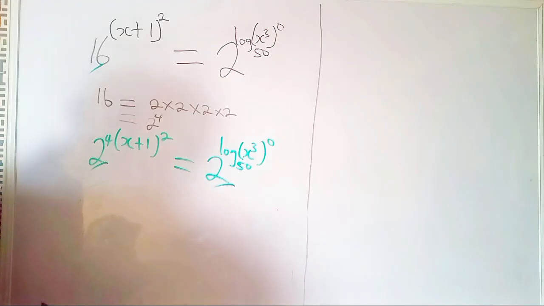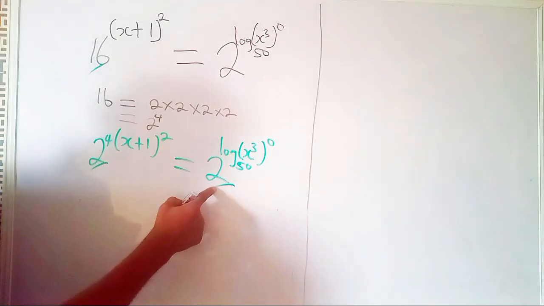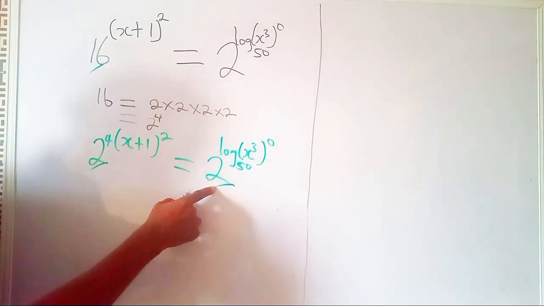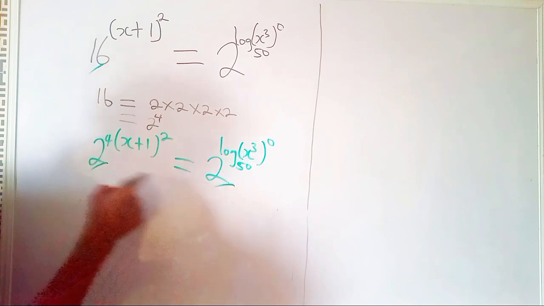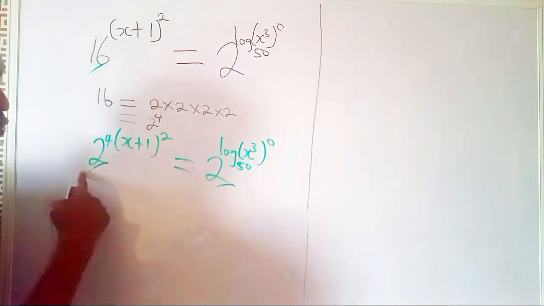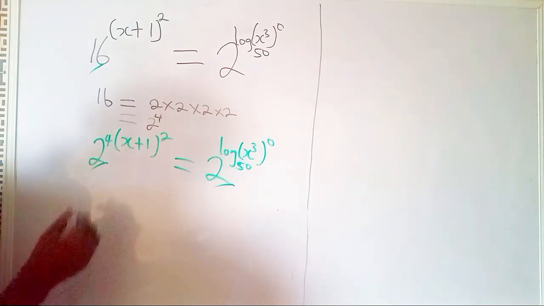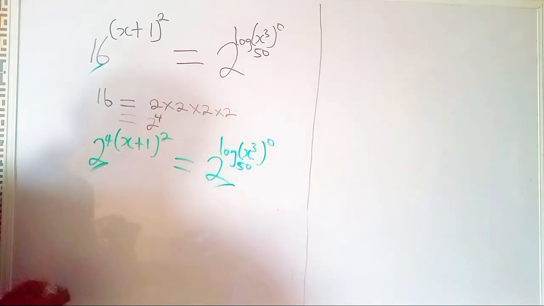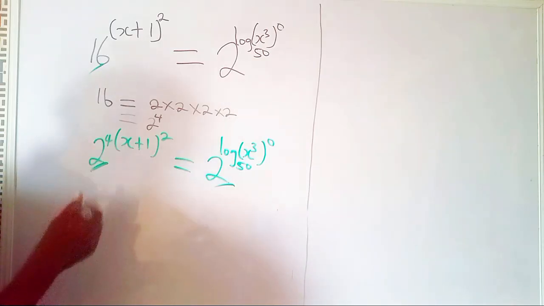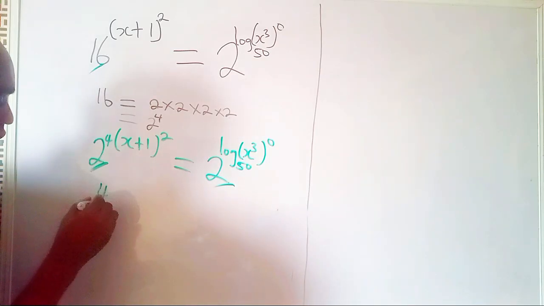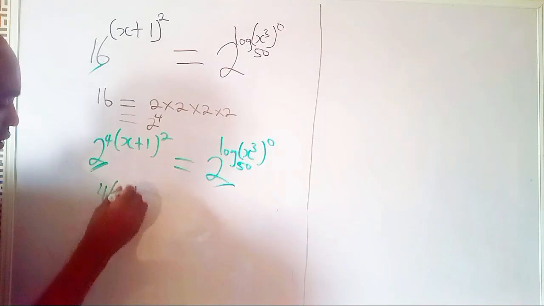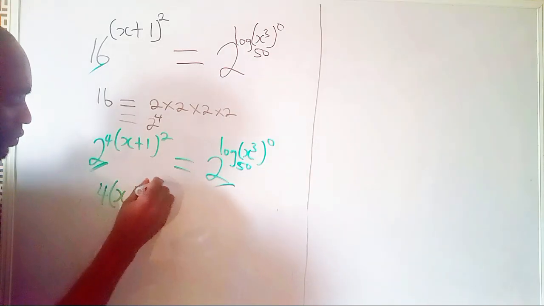The base here is the same, alright? Since the bases are the same, we have base 2 and base 2. In the laws of exponentials, when the bases are the same, we equate the powers. So here, equating the powers, we now have that 4 bracket open x plus 1 raised to the power of 2